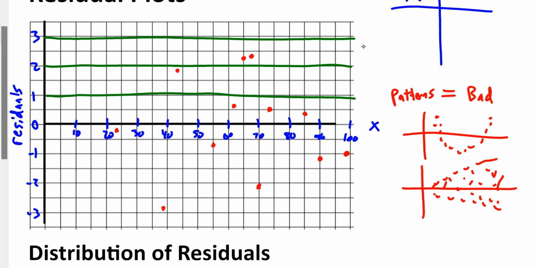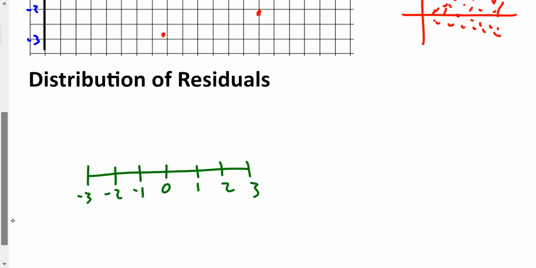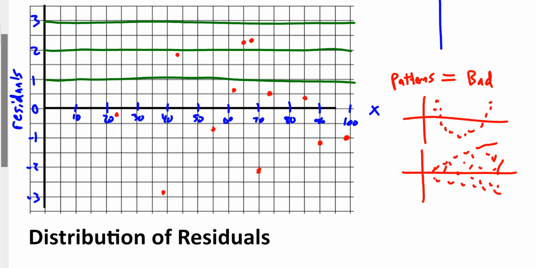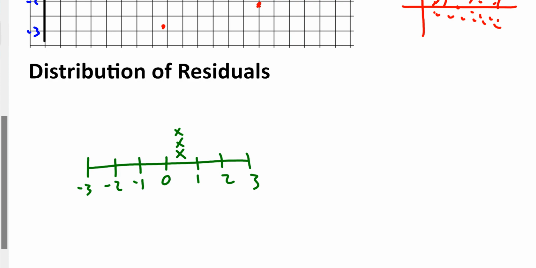So I've got 3 in the 0 to 1 category. So in 0, 1, I'm going to go 1, 2, 3. 1 in the 1 to 2, and then 2 in the 2 to 3. 1 here, 2 here. And then the negatives,